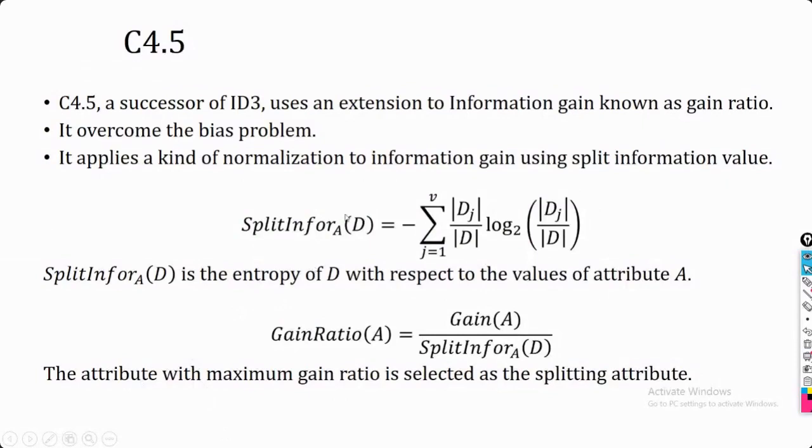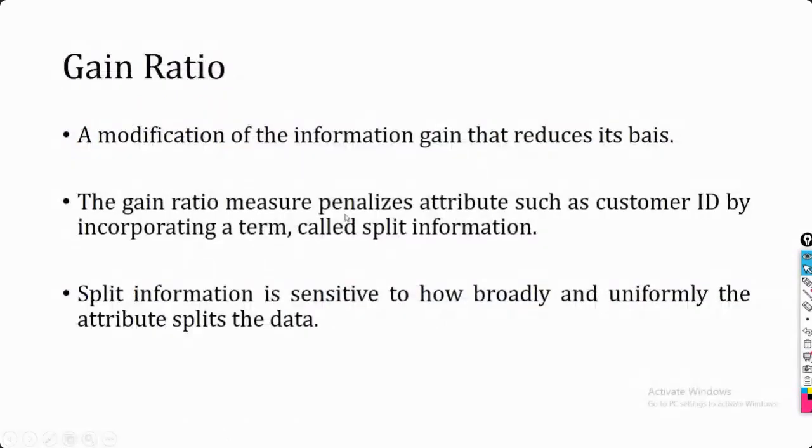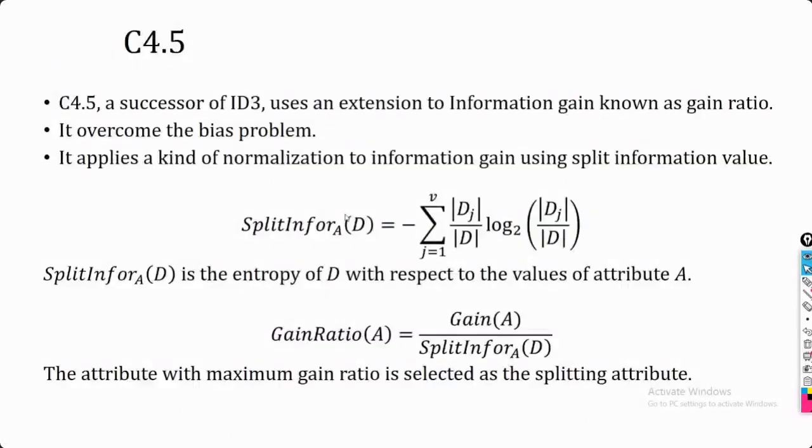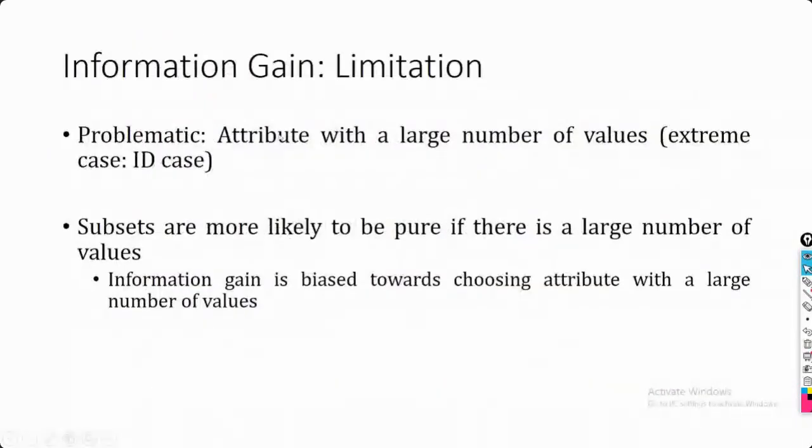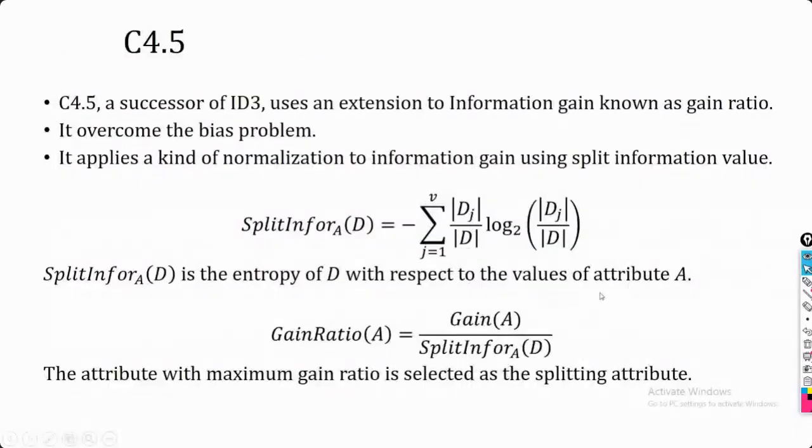So the basic idea in this gain ratio is that we are going to normalize the value. Basically, whatever gain you get based upon the attribute value, we are going to normalize it. The same way, whatever we have seen till this point, the gain which we were calculating, the only thing is I am going to normalize this gain based upon the attribute and their value. Let's see how it is working.